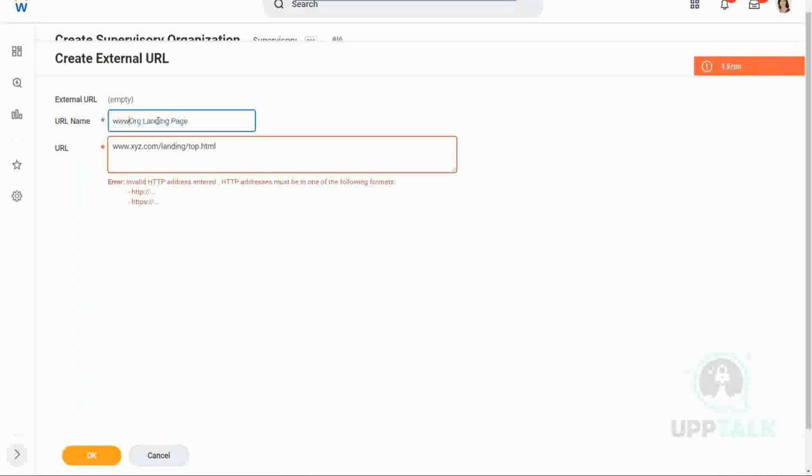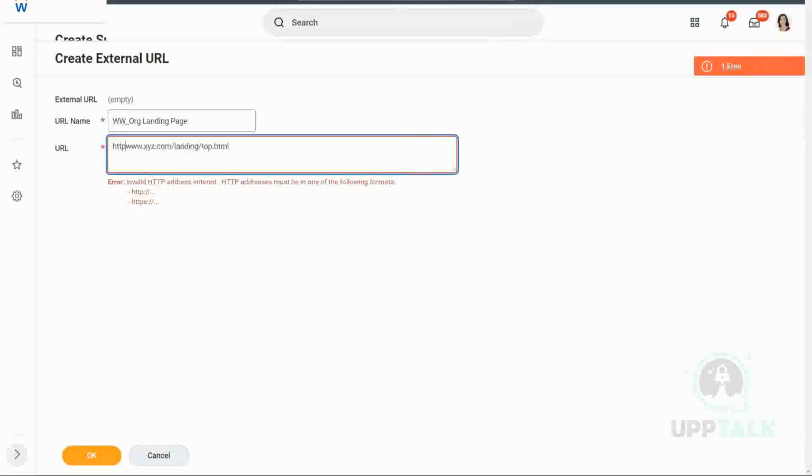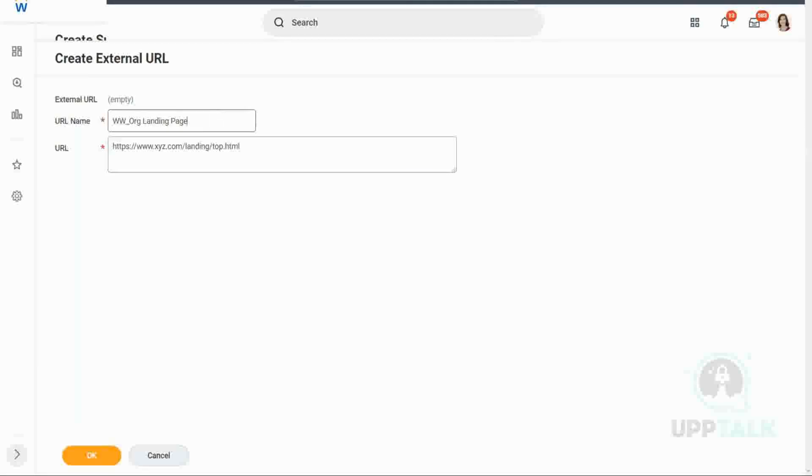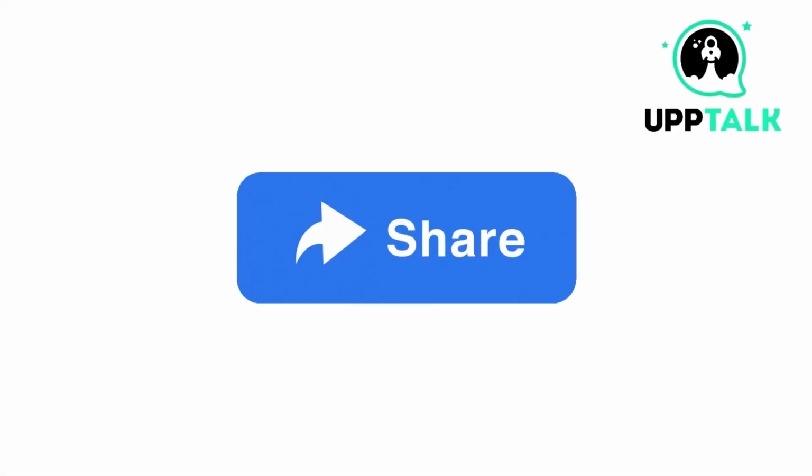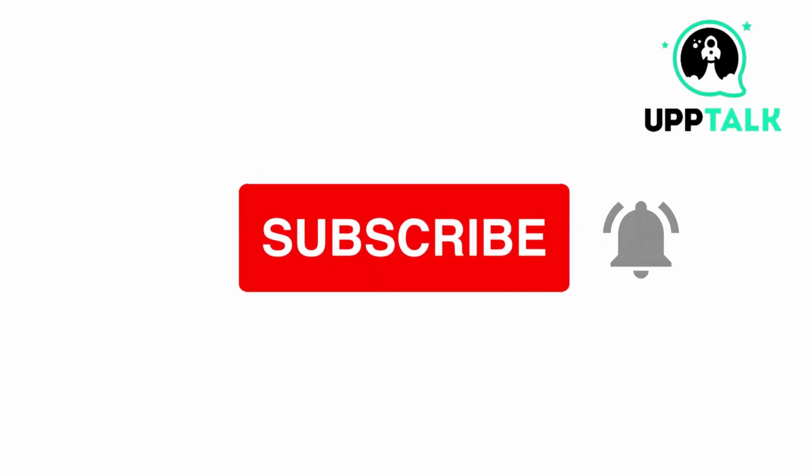So that's the original page. So let's call it as www. And here we have to specify HTTPS, something like that, right? So this is